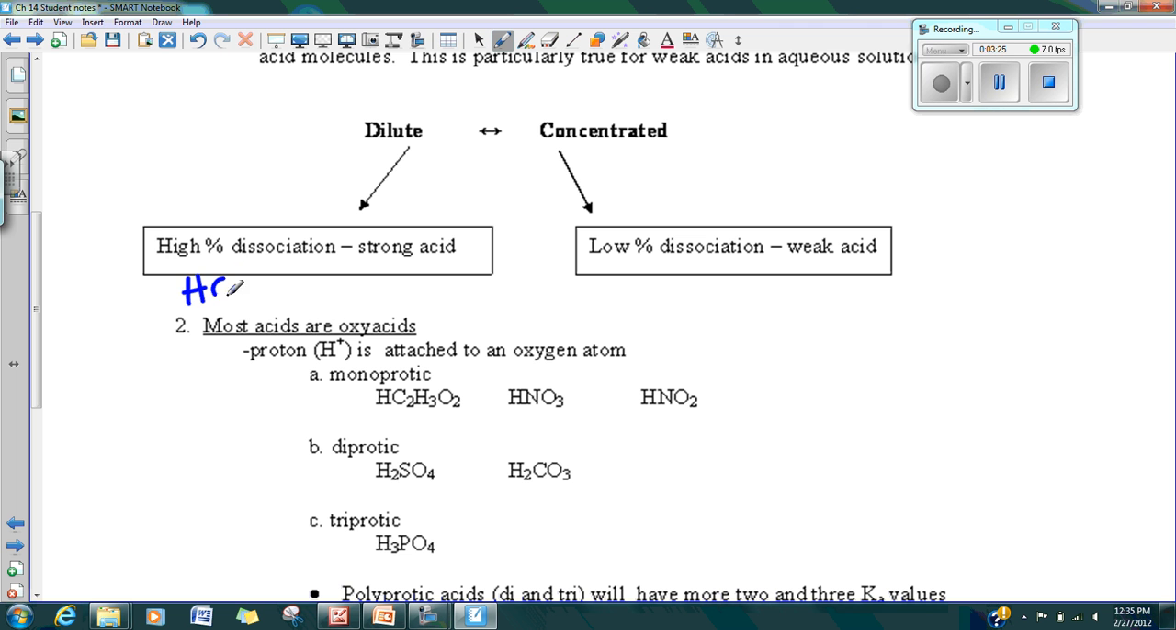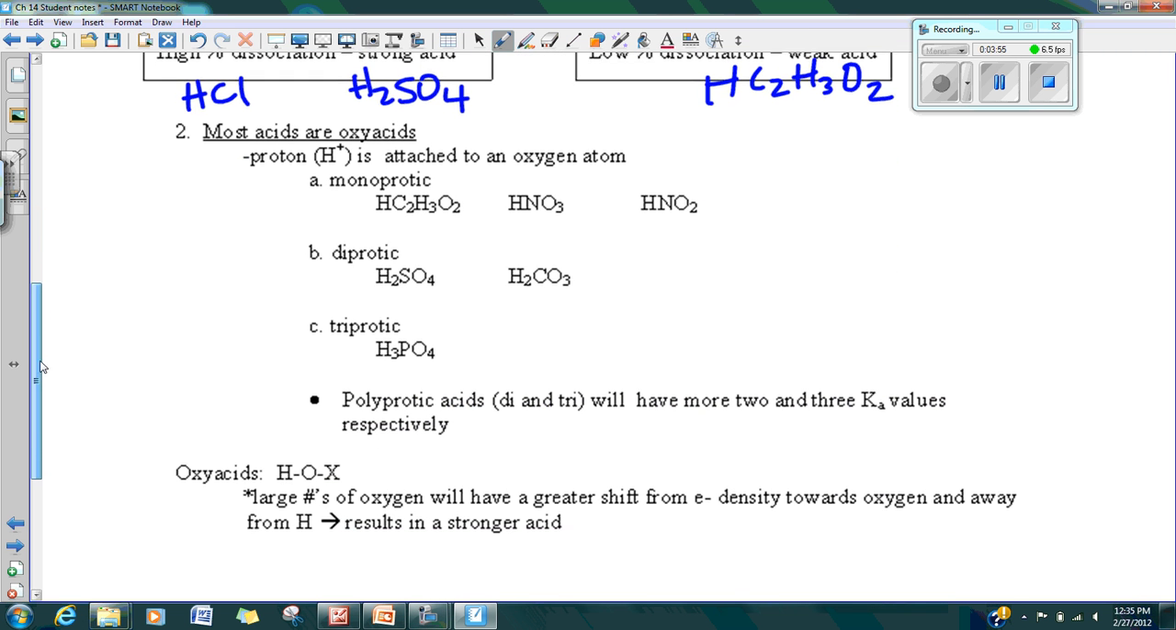Examples would be HCl or H2SO4. And then over here we have a very concentrated acid, but it can have a low dissociation, a weak acid like vinegar, acetic acid, HC2H3O2. Again, this has very, very strong bonds. This has very weak bonds, and that's why it's able to dissociate very, very easily. And so we need to take a look at affinity for that hydrogen ion,